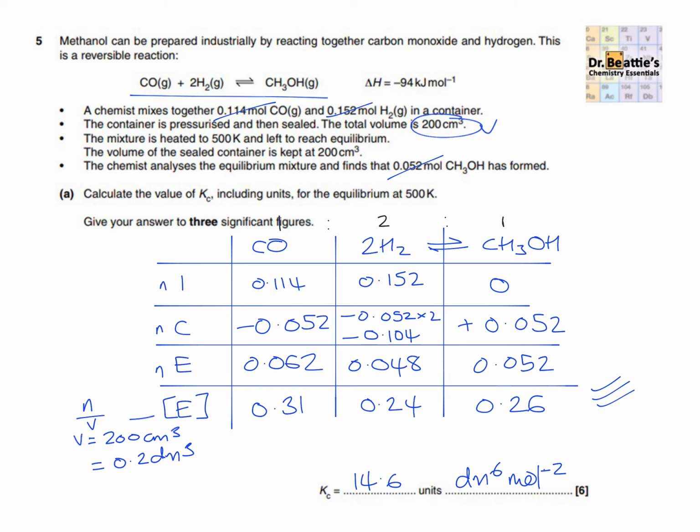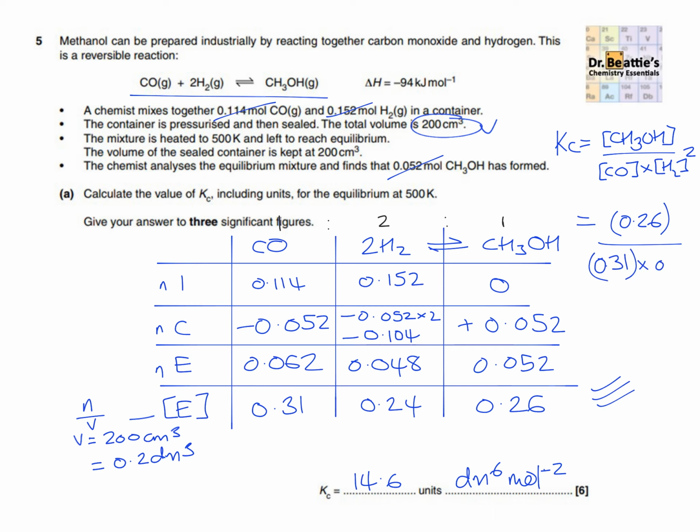All that now remains is that we get the Kc expression for this reaction. So we've got products on the top divided by the reactants, remembering to square the hydrogen because we've got 2 in front. Then we need to substitute in the values, so we've got 0.26, and our reactant values for carbon monoxide, we've got 0.31, and then we've got 0.24, but remembering from our expression we need to square this. If you then put that into a calculator, that gives you